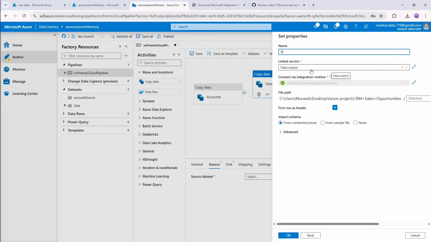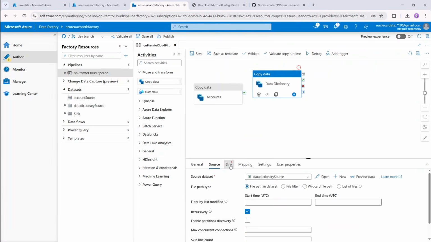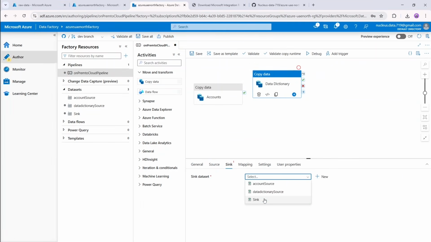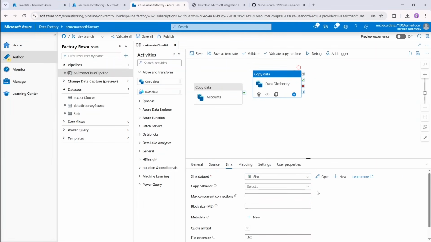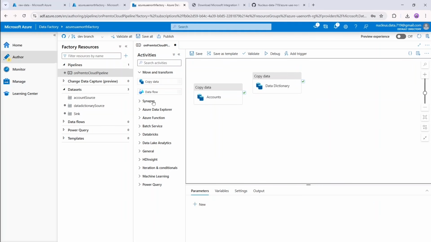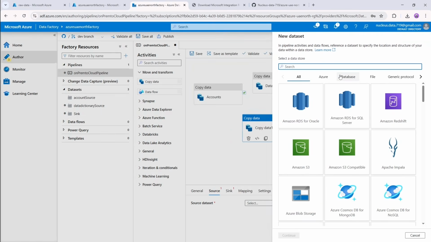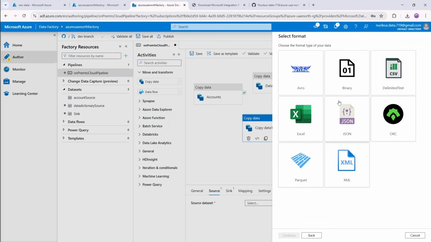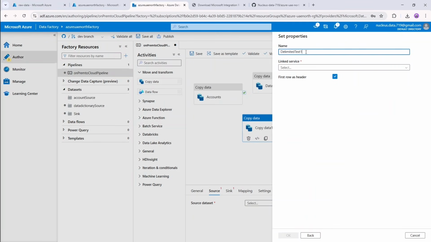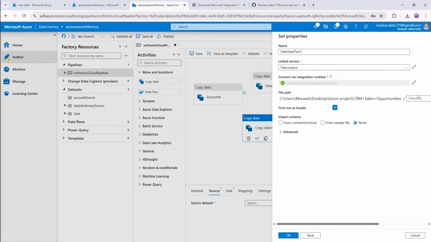The name will be data dictionary source. Okay, now go to sink and select the sink as sink, because all these files will be going to the same location. And similarly again copy data, and this time click on new, file, file system, delimited text, and file location,